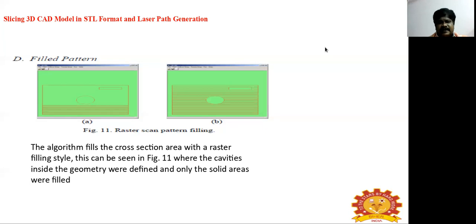So we have seen slicing the 3D CAD model in the STL file format and the laser path. Here also, for enabling the production of quality parts, the acceleration time, we have to concentrate on the tool rather than our part. Here we use the RP systems and our CAD. There are also several advantages with our STL file. It provides a simple method of representing three-dimensional CAD data.